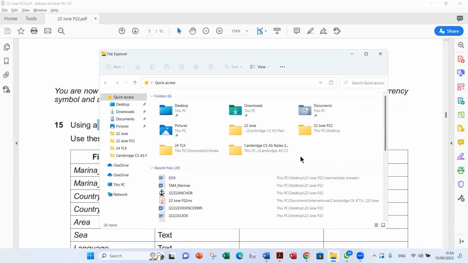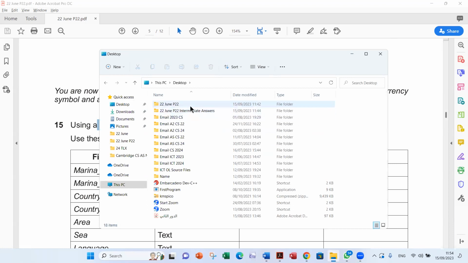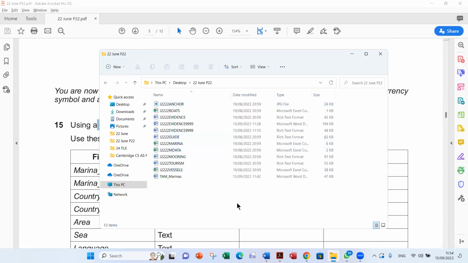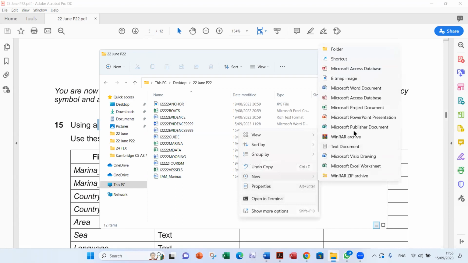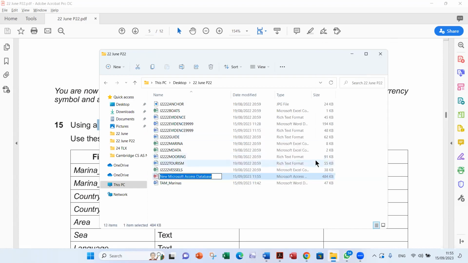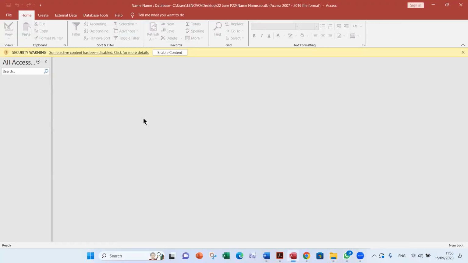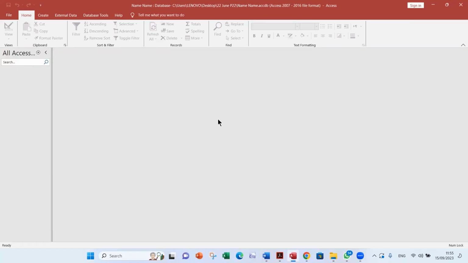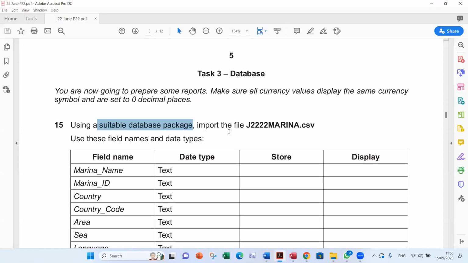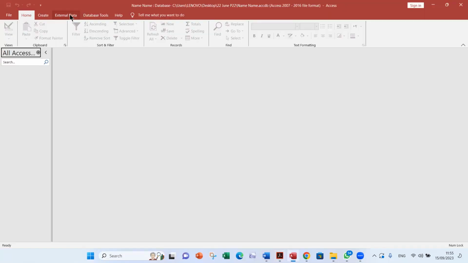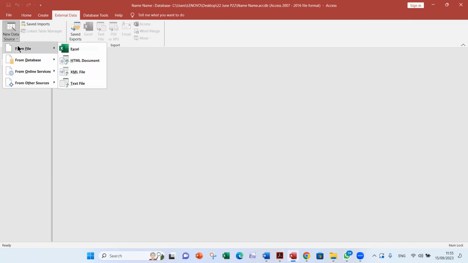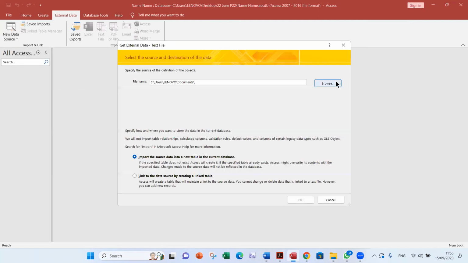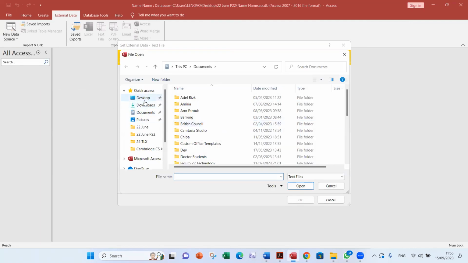So this is my source files, 22 June paper 22. Here, right click, new, Microsoft Access database, and give it your name. And enter. Okay, this is the database, I would like to enable everything. Okay, import Marina. So external data, new data source from a text file, browse, go to the desktop, and this